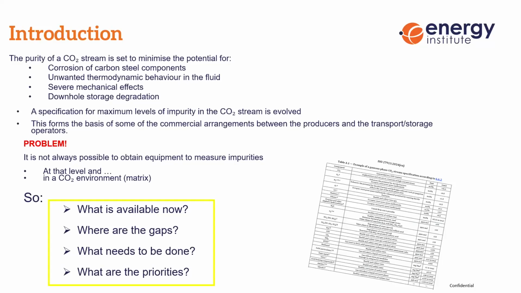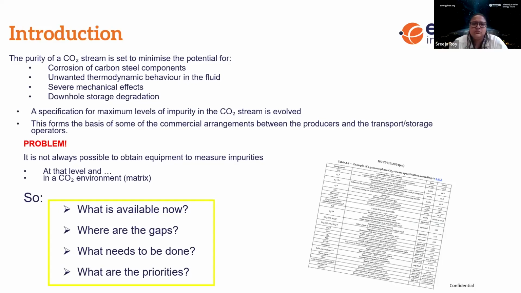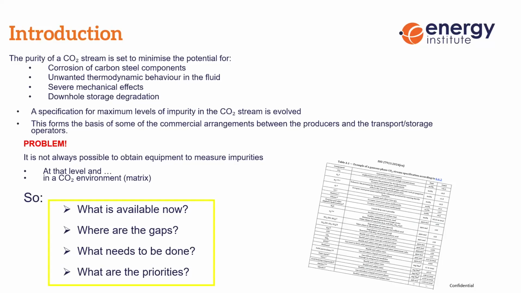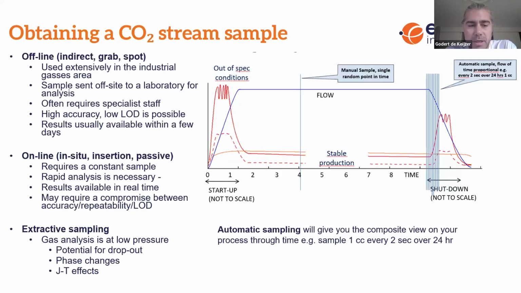So the first thing we have to do is to get the CO2 out so that we can measure it. And Goddard de Keyser is going to explain to us what's involved in that, because again, this is not a simple process. Thanks, Andy. And indeed, it's not. So we skip to the next slide. So effectively, what is our task? We want to know the impurities that are present, but also in what fraction they are.